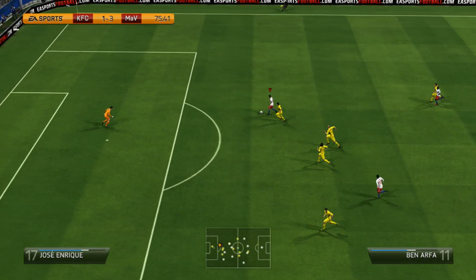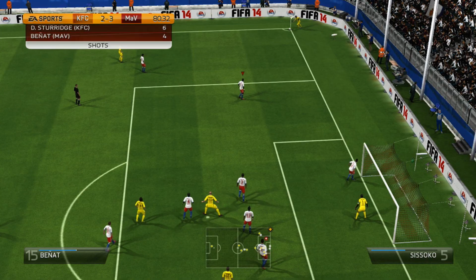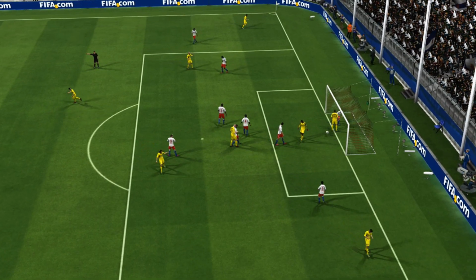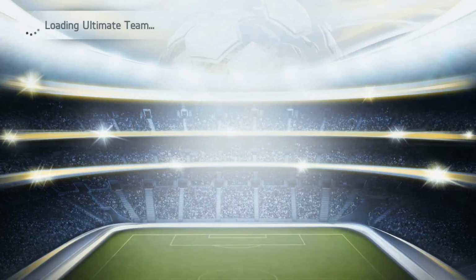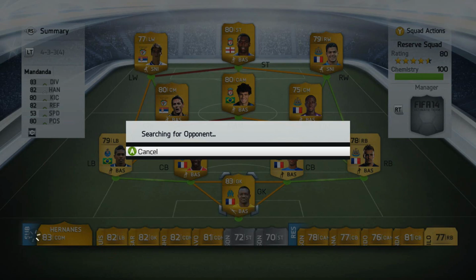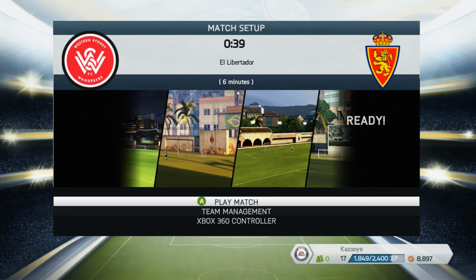But then Coutinho with a nice through ball to Ben Arfa, and once again another chip, and I keep scoring these chips on FIFA. Really love them. And then look at this. I have no idea what is going on. Debussy, for some reason he couldn't head it away, which was quite annoying, but we already lost the game, so it wouldn't really matter. So we're moving on in another online season game, once again with the reserve squad, and